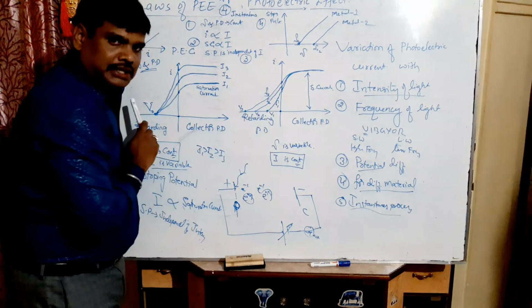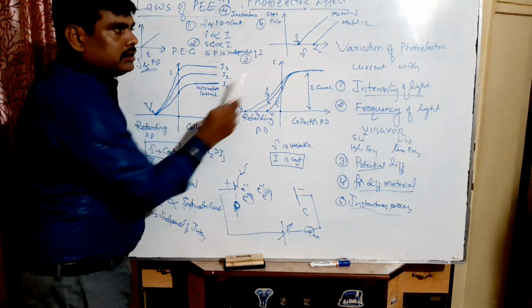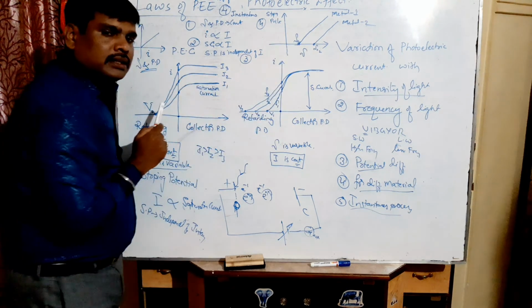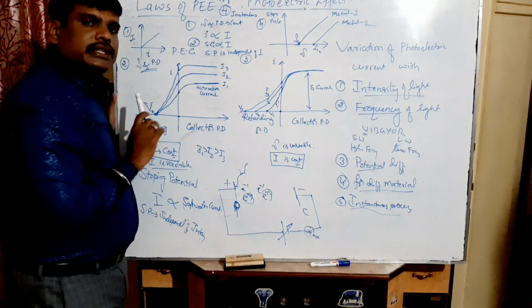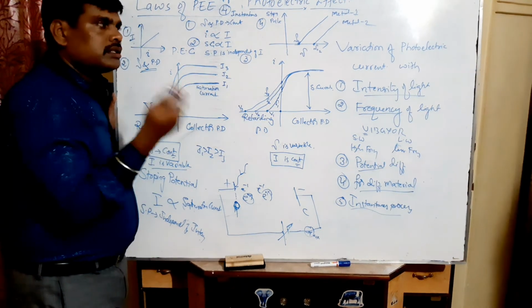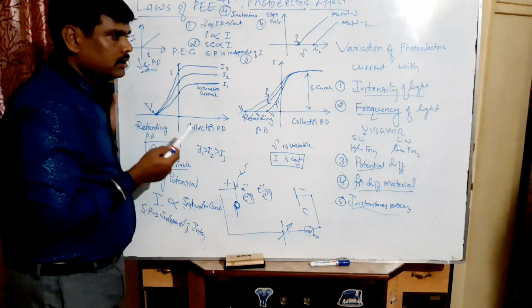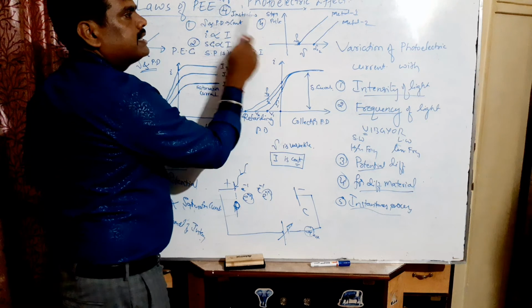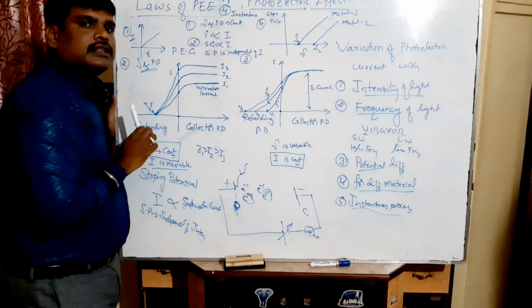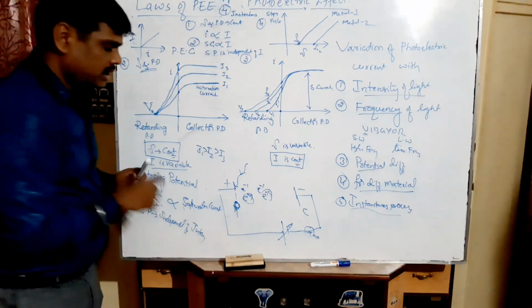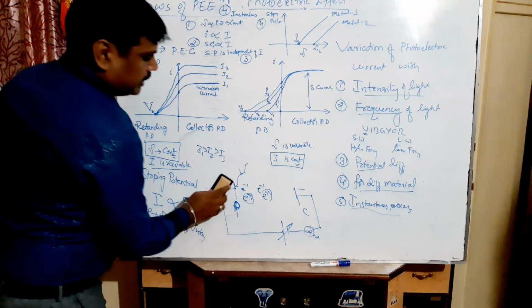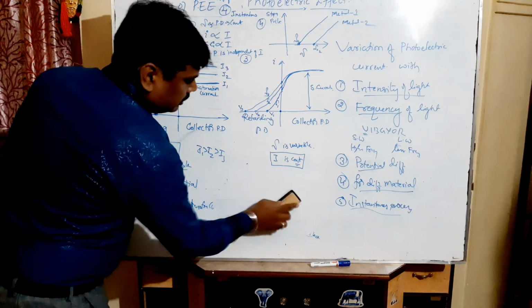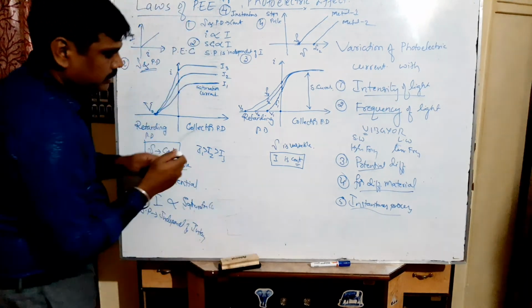independent of frequency. Here, threshold frequency states that a minimum frequency below which there is no photoelectric effect, above which there is a photoelectric effect. And the last statement is photoelectric effect is an instantaneous process. So these are all the 4 statements you have to remember carefully. Right? So here the thing is very important.